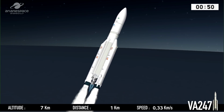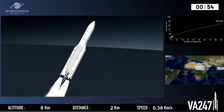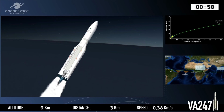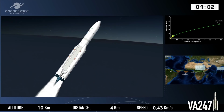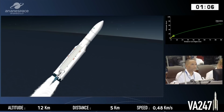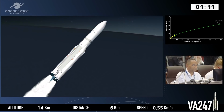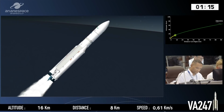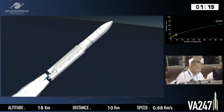The 2 boosters now providing 90% of our thrust, propelling the launcher along her trajectory at an ever higher velocity, as the DDO says all is working perfectly on board. Our mass at liftoff, 775 tons. And to get that sort of weight off the ground, you need a lot of push, and push we have. She's burning 5 tons of fuel every second. That's 2.5 tons per second burning in each booster, plus the core stage burning another 300 kilos of fuel, again,